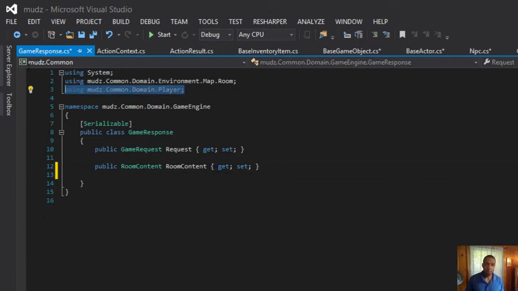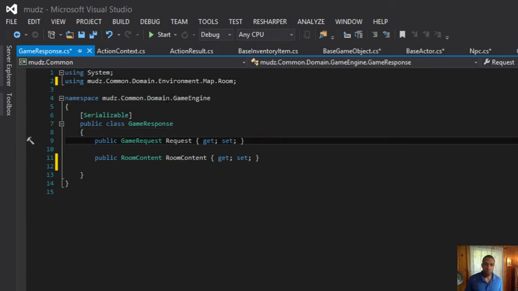And the request is something that was parsed from the console input. So, do we really need to return that back to the client? Like, why would it care? It's not mutable, or it is mutable, but we haven't changed it. Let's get rid of that.